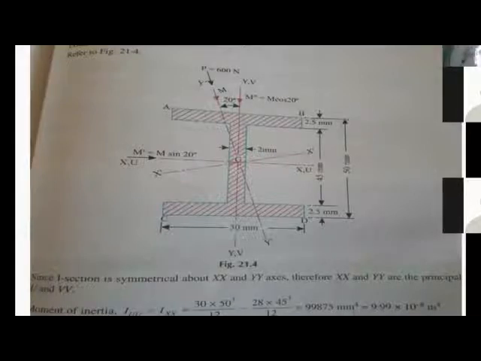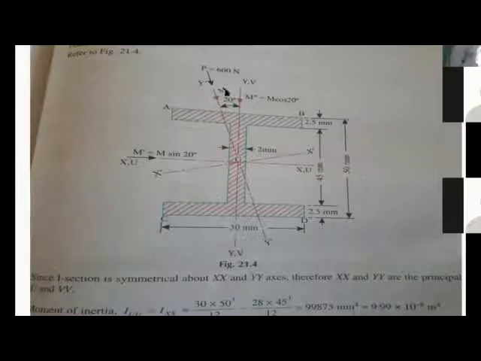Then IYY: you have two flanges. About the y-axis, the moment of inertia of each flange is 2.5 into 30 cube by 12, and two such areas are there. So 2 into 2.5 into 30 cube by 12, plus the web portion, which is 45 into 2 cube by 12. So this is IYY. Now after getting IUU and IYY,